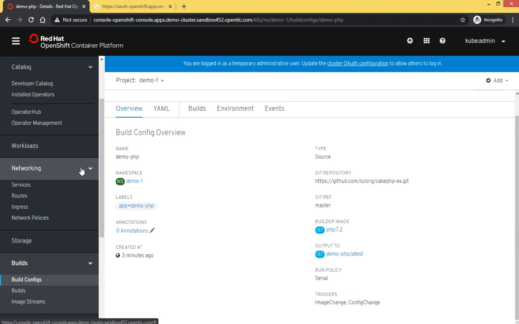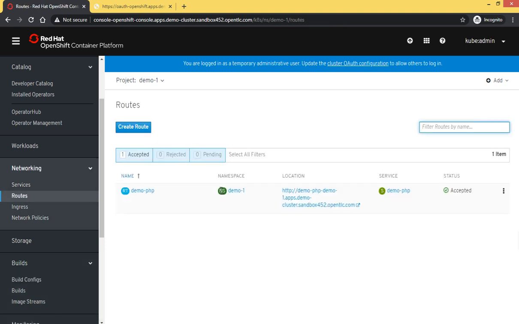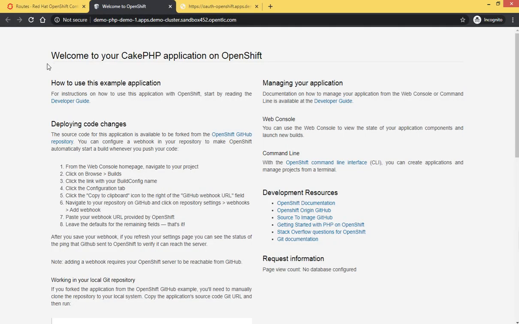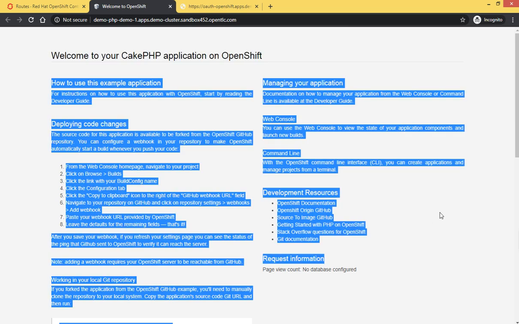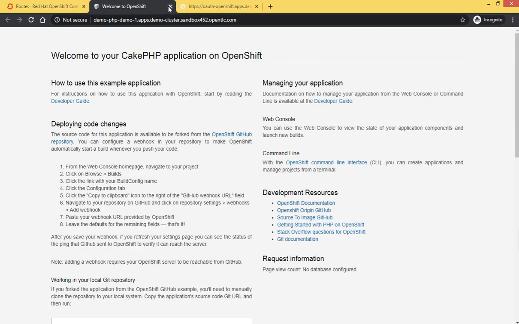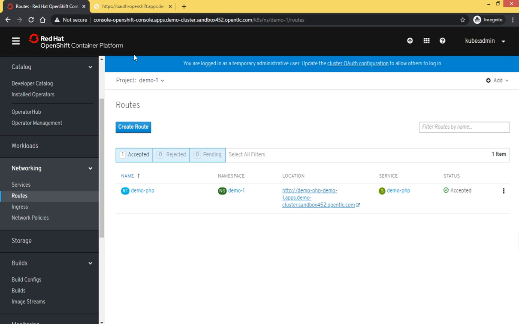Let's go to the networking section. In the networking, we have routes, and for this demo PHP, we have this location. Let's click on it, and now it's ready, right? Earlier it was not ready, now it is fine. So we have done just a simple deployment here for demo purposes.